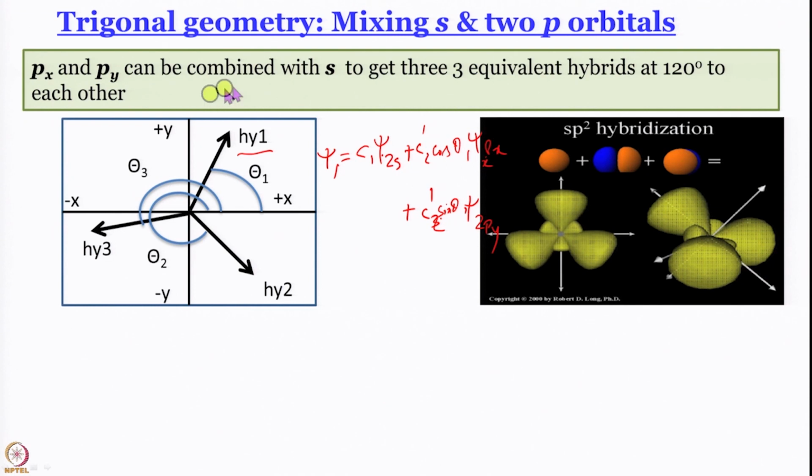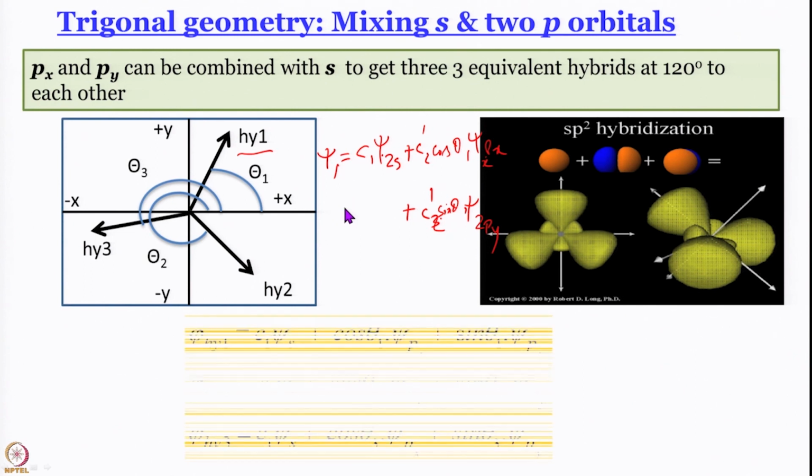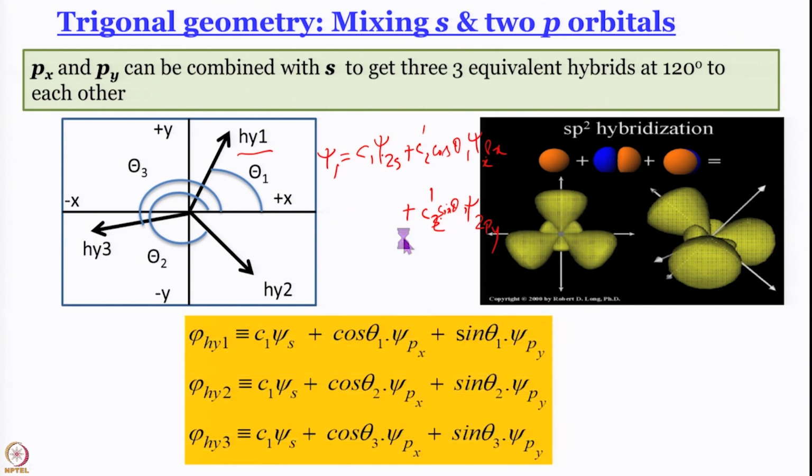Then it becomes a little easier because this has to be normalized also. So the C2 dashed can go out in the normalization constant. What about C1? We will see. So we will write like this. Here I am not even trying to normalize yet, actually there should be a normalization constant multiplying this.